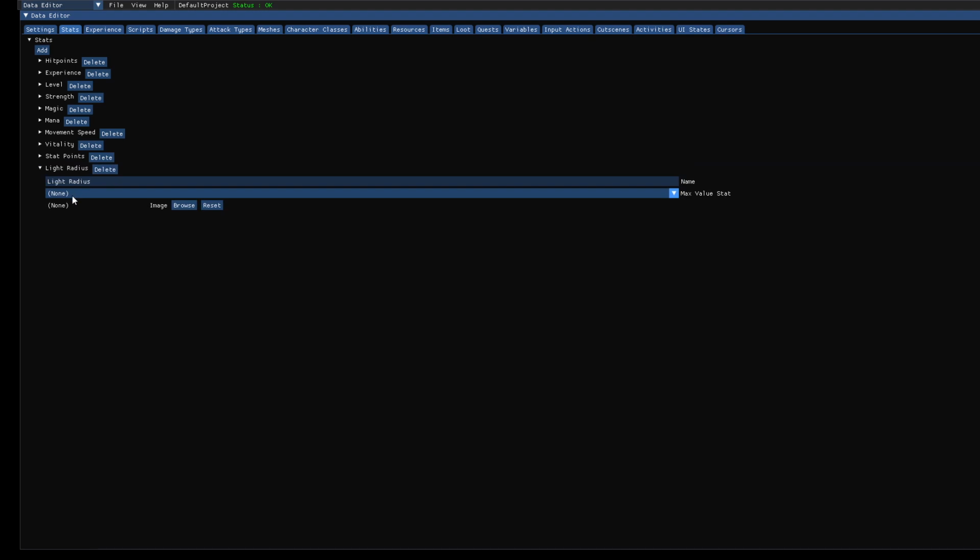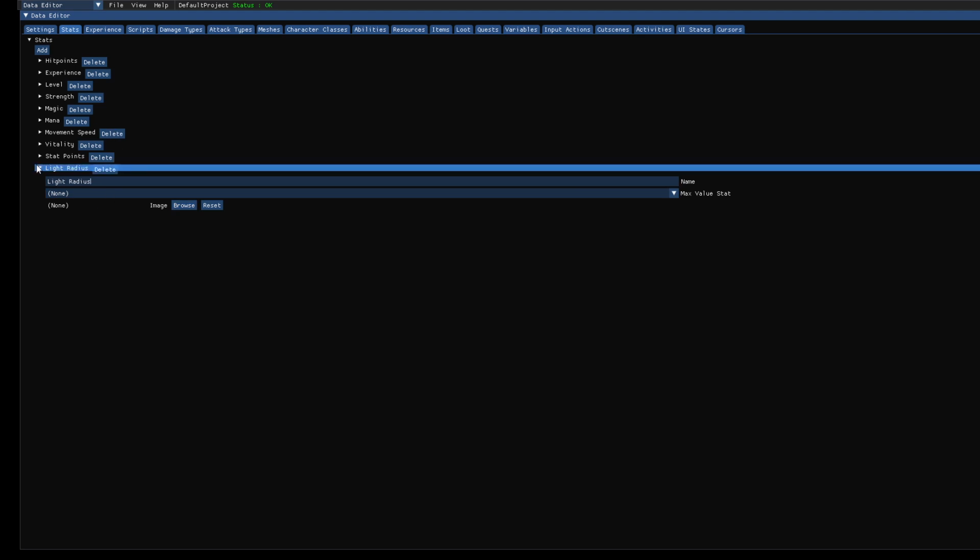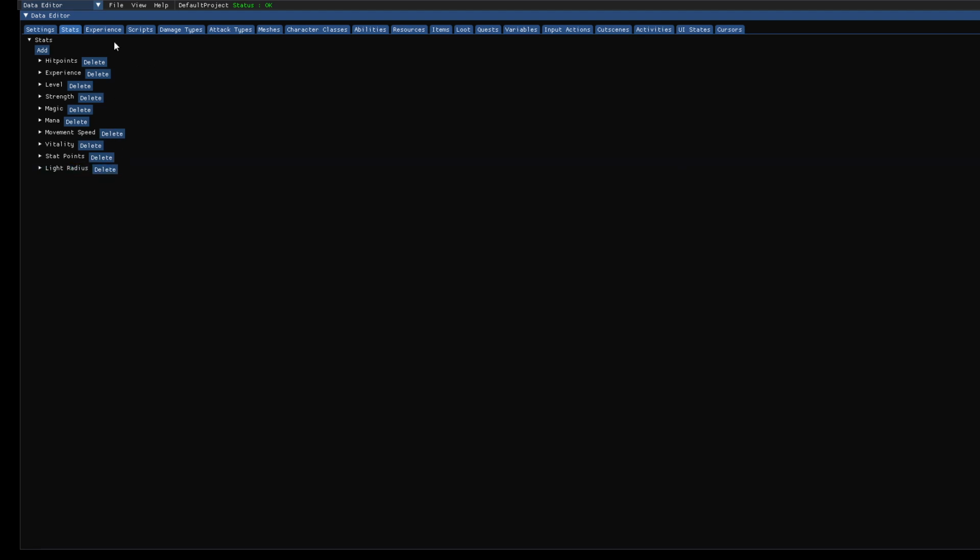In this case, we don't really need a stat to define the maximum. This is mostly for things like health or mana, which have a maximum value and a current value. But we don't need that, and for now we also don't need to have an image, so that's it here already. And now we go to the scripts